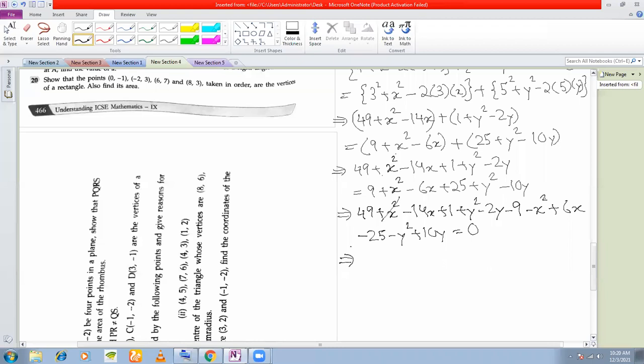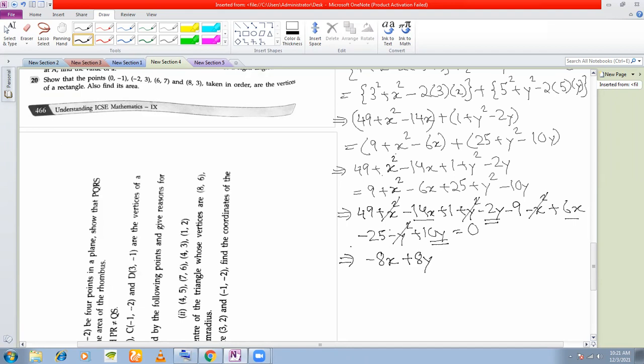Now see, plus x square and minus x square will cancel. So either you can cancel x square from both sides, or you can take everything on one side and then cancel. Similarly, y square and y square is going to cancel. Okay. And anything else that is going to cancel? It does not look like. So we have minus 14x here and plus 6x here. Any other x's that you can see? No. So minus 14 and plus 6 is going to give you minus 8x. Right? And what y's do you see here? You see a minus 2y here and you see a plus 10y here. So 10y minus 2y is going to give you a plus 8y.